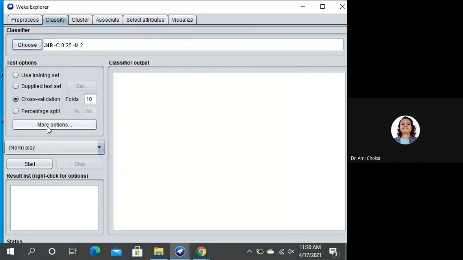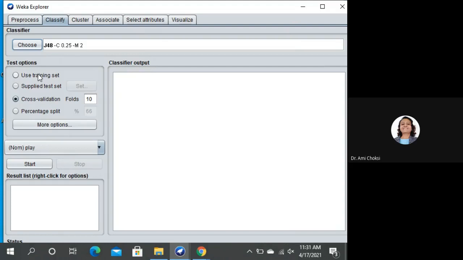Now, here the different options are there. As we know, for classification we typically have a training set and test set. Whatever is the original data, typically we use say 60 to 70 percent of the data for the training set, and the remaining we use for the test set.